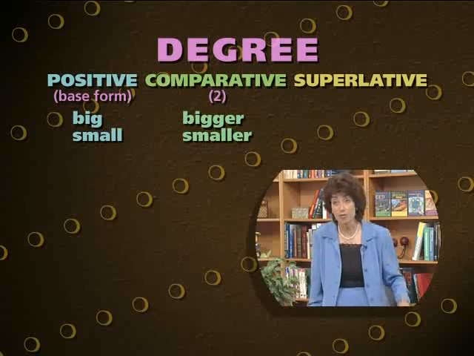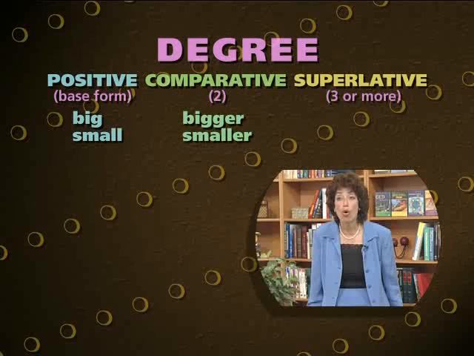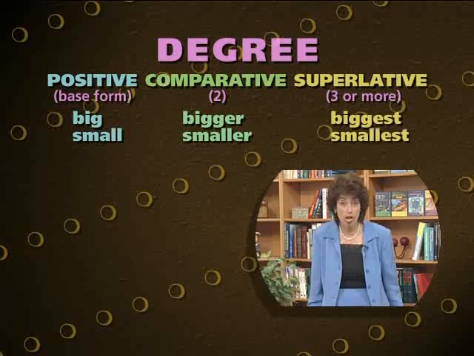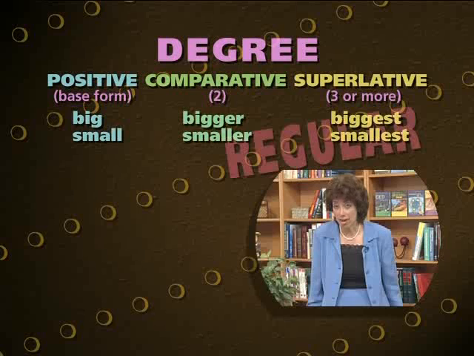I have 2 things. Superlative means that you have 3 or more things. This is the biggest ball of all. This is the smallest portion of all. So positive, there's no comparison. Comparative, there are 2 items. Superlative, there are 3. Now in English, some words form regular comparative and superlative,